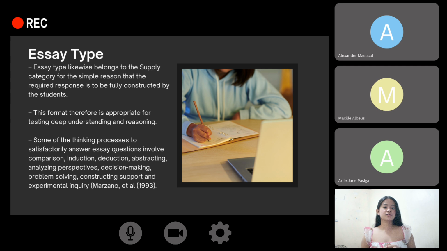This means the answers must be written entirely by the students from their own understanding and ideas. Now, why do we use essay questions? It's because they are great for testing deep understanding and how well you can reason through a topic. These questions are not about simply memorizing facts. They are about showing how you think and how well you can explain your